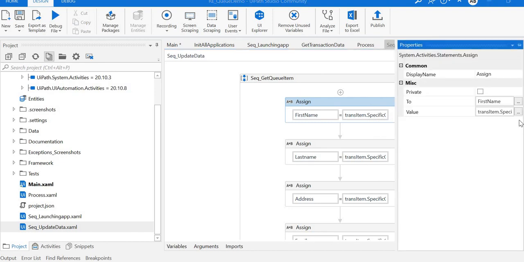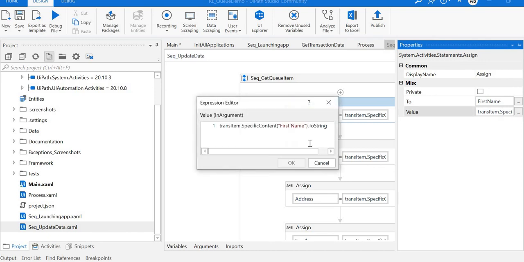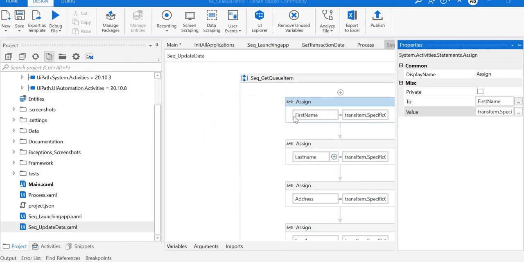If you see here, trans item is nothing but a queue item. So queue item of specific content of the column name dot toString gives the value of the particular column of the row.